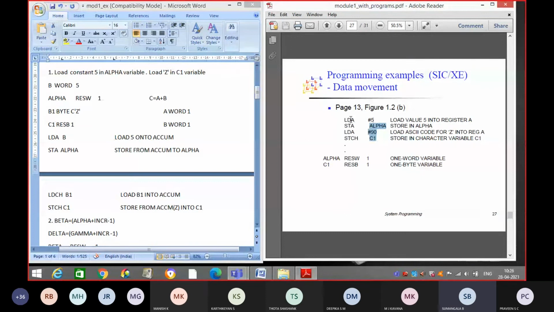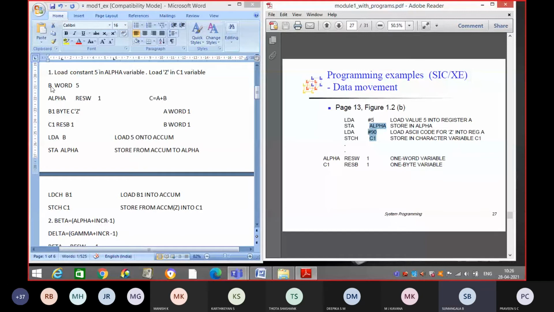That means first we will not store this phi onto the B variable, as we did in the SIC machine. There, first we defined phi and stored it in the variable B. Later we moved the contents onto the accumulator, then we loaded it onto alpha.